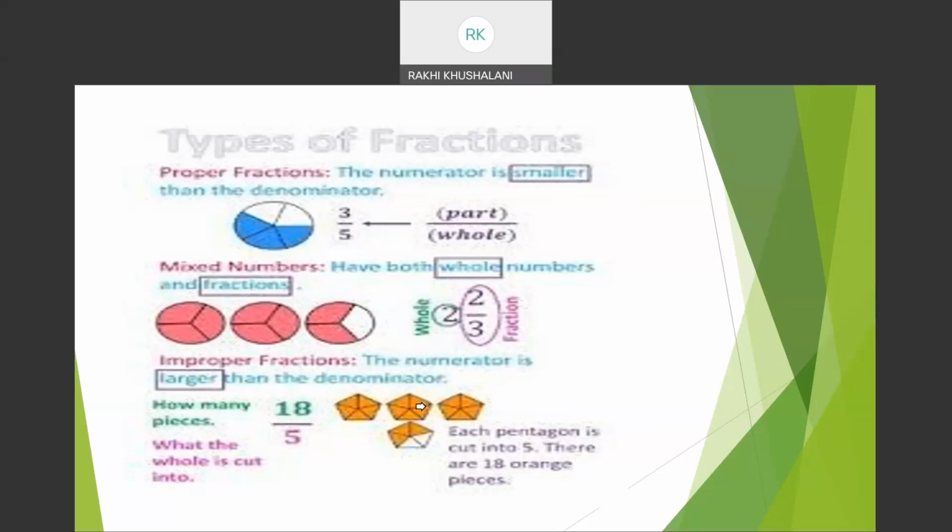Now, if I take 10 pizzas and make 8 equal pieces of each pizza, then as far as the number of pieces is concerned, I made 80 pieces. But when I talk about the denominator, I cannot go beyond one pizza. I have to talk about one pizza only, which I cut into 8 pieces. So the poor denominator cannot go beyond one whole. So the denominator will tell you only that